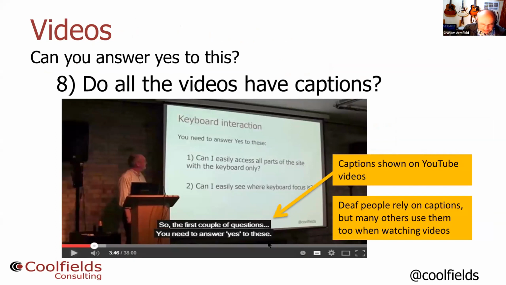Now, it's obviously deaf people and people who are hard of hearing who rely on captions, but actually surveys have found that many other people use captions with videos as well. Sometimes people with cognitive impairments, dyslexia, and others will also use the captions, because it helps underline what's being said. Others, like if you're watching videos on Facebook, or on a crowded train, or in an office when you should be doing something else, you might be using the captions instead of having it blaring out. Okay, so make sure your videos have captions.